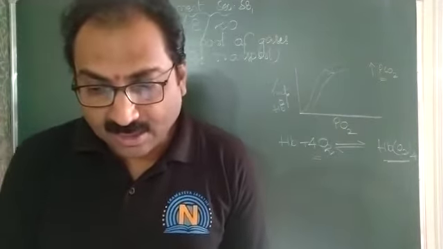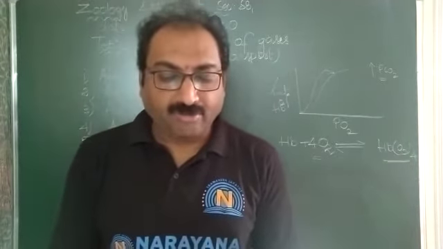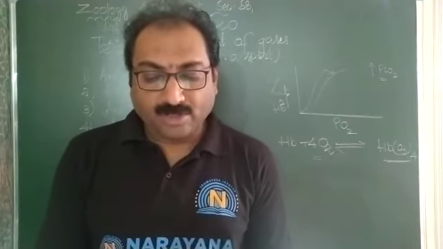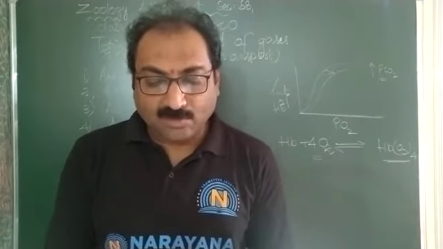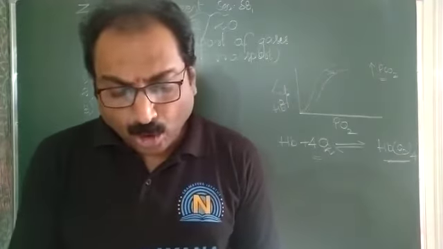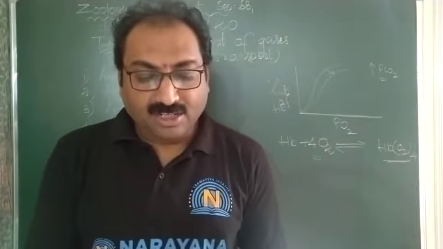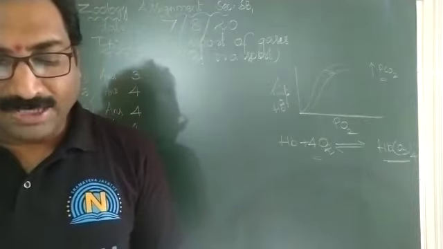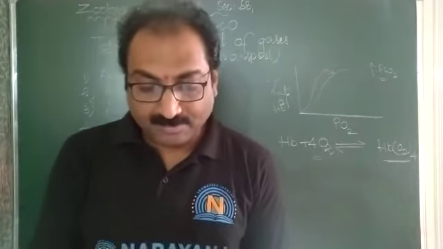So if you take low partial pressure of oxygen as a factor, the next one high partial pressure of carbon dioxide, the next one high temperature, and the next one low pH. These are the factors responsible for dissociation of oxyhemoglobin at the tissue level. So the answer for this is the third option.